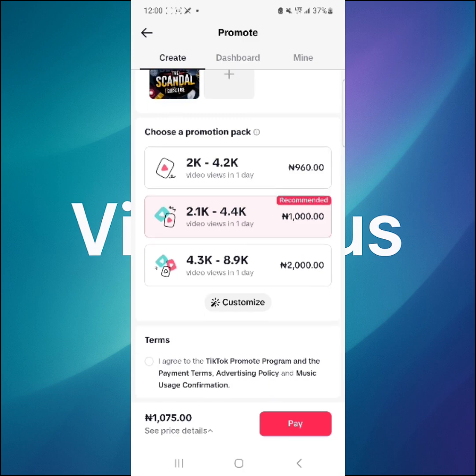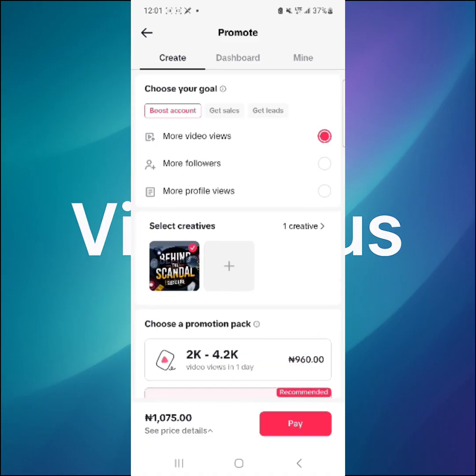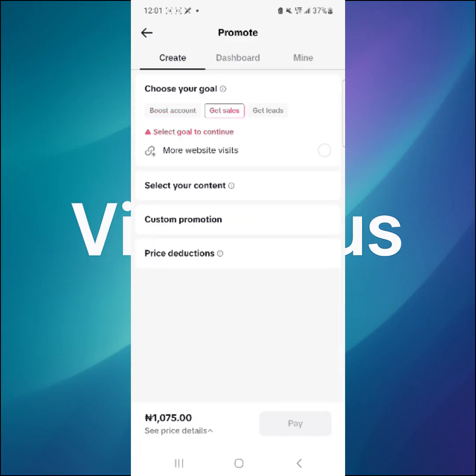Once you select the package you want to go for, then you click on agree on terms. You agree to terms and conditions, then you click on pay. Once you click on pay, your ads will be reviewed and it will be approved. Now let's go to the getting sales option. If you want to use it to get sales, you can